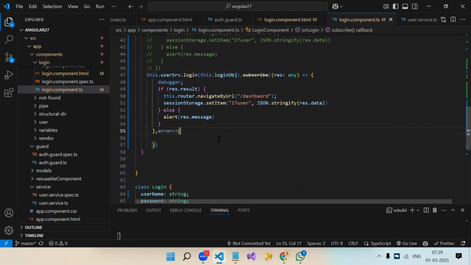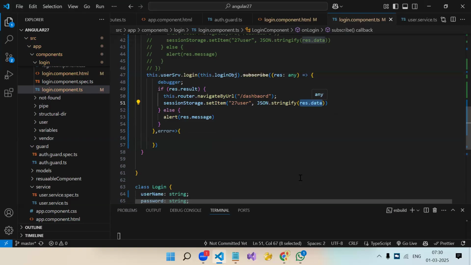Okay. So when we have to do the login, you just create an object, bind it to the form, and send it with your API. Once we do login with the API, in response you are supposed to get an object. Not mandatory, it is based on the API developer. Sometimes they won't send the complete object, they will just send the user ID. Then once you navigate after login to the dashboard or somewhere,